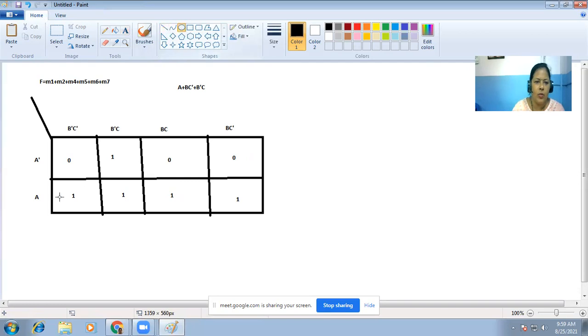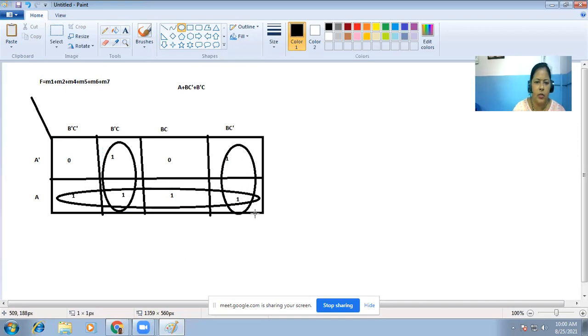Now, for these ones, 4 ones are adjacent. 2 will be okay, and this will also be 1. So we are getting this loop, then this loop, and then this loop.